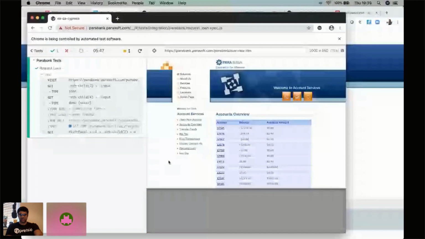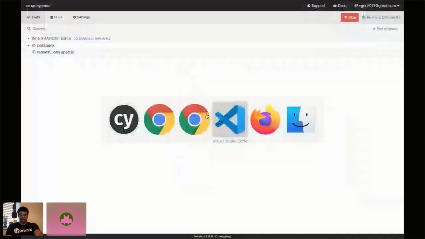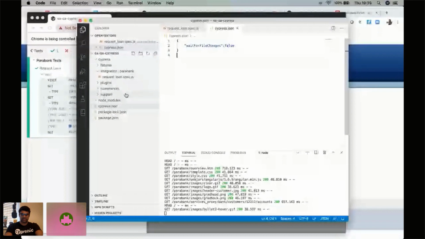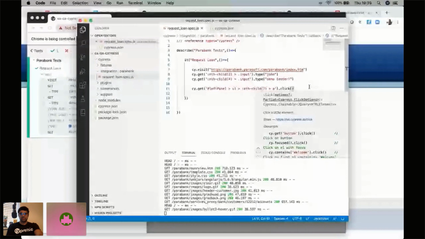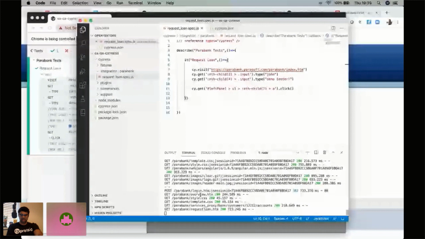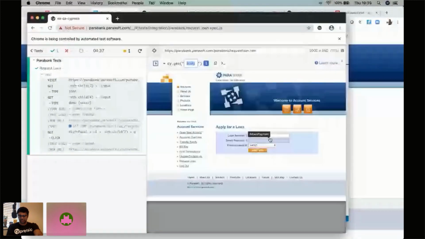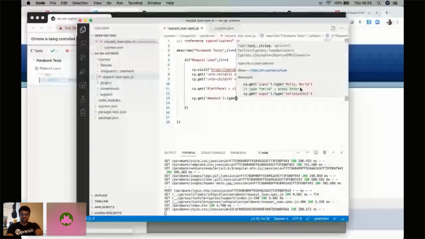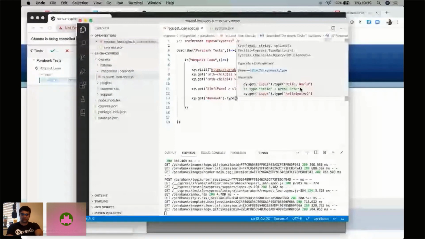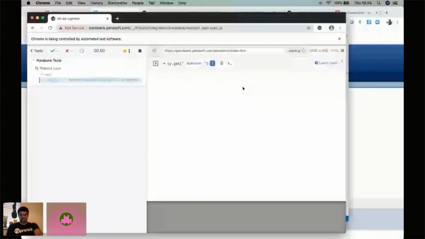So all I need to do now is go back here, go to the test case and just give dot click. Simple. So now the test cases are getting executed again. Yeah, cool. Now we are going to give this particular value dot type as, let's assume, 1000, and the next one is